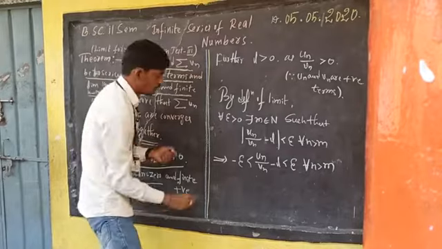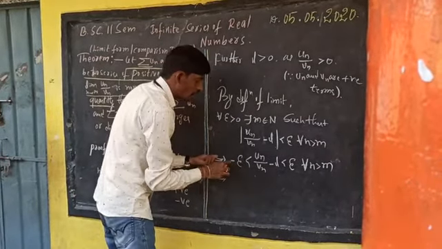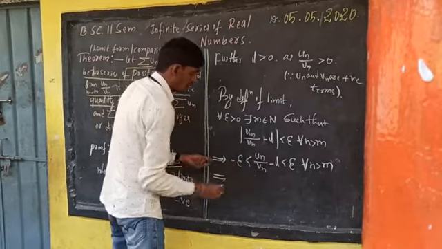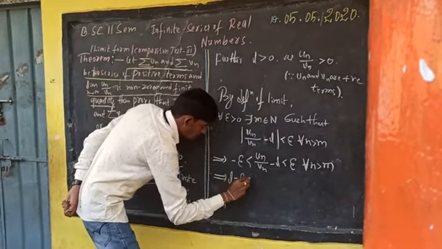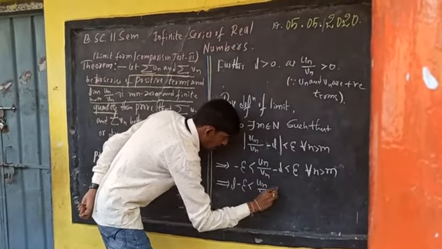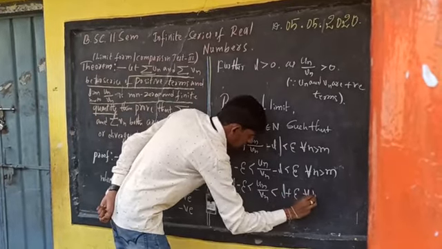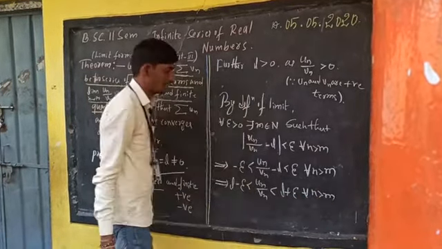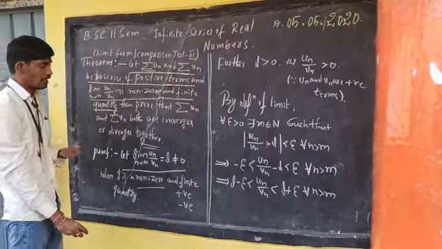We have the next step here. This one is a minus L. We add L on each side. It becomes L minus epsilon less than un by vn, because plus L minus L cancel, less than L plus epsilon for all n greater than m. The next step is rejecting the